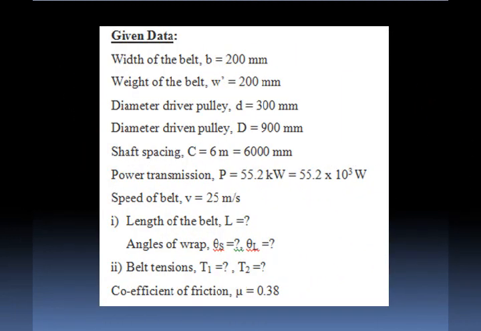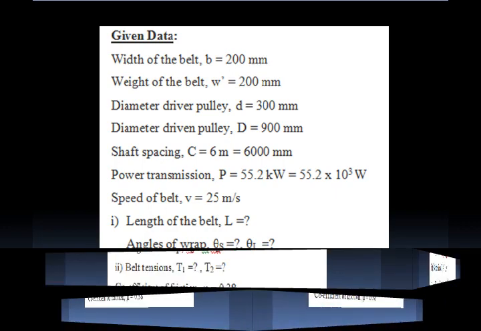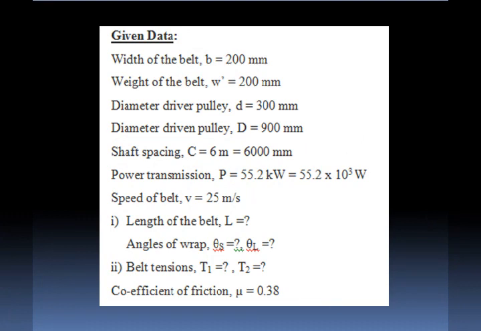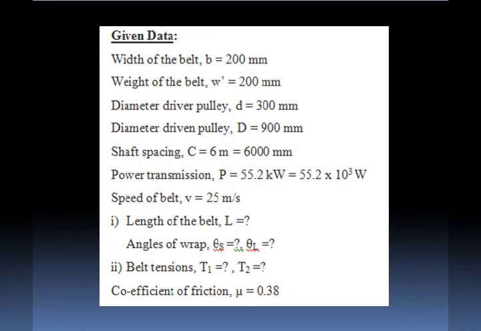Now first of all we have to list out the given data for this problem. A nylon core flat belt 200 mm wide means it is the width of the belt. We know a flat belt has dimensions like width and thickness. So the width given is 200 mm, and weighing 20 Newton per meter. Here the weight of the belt is given per meter length of the flat belt, 20 Newton. 20 Newton divided by 9.81 gives us the value in kg. That much kg, or 20 Newton, is what it weighs per meter length. That we need to consider as the weight of the belt, W dash.